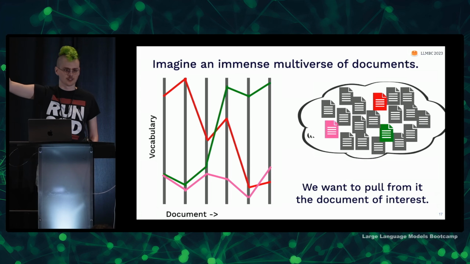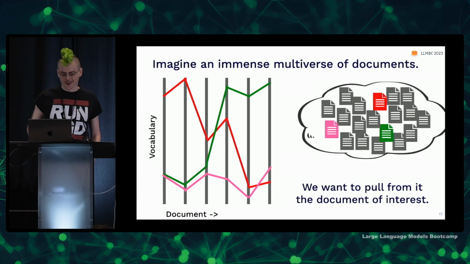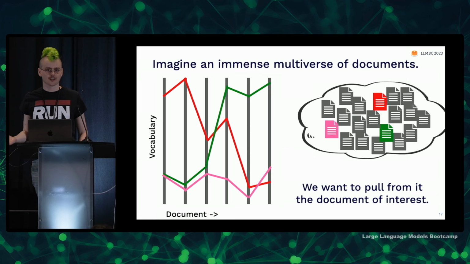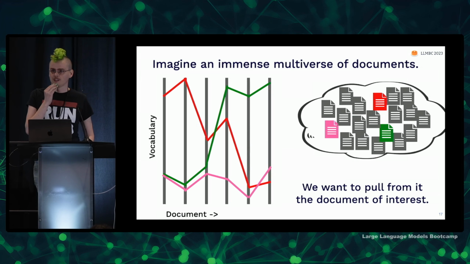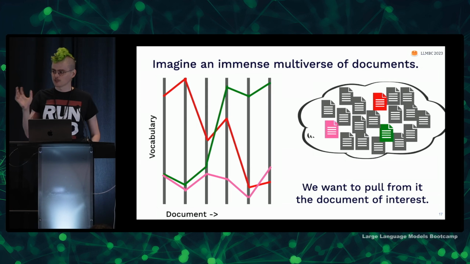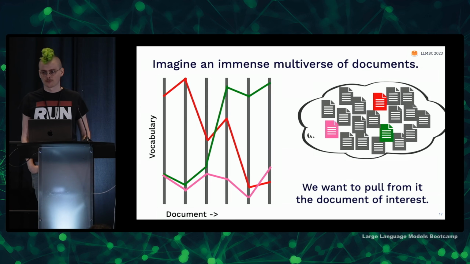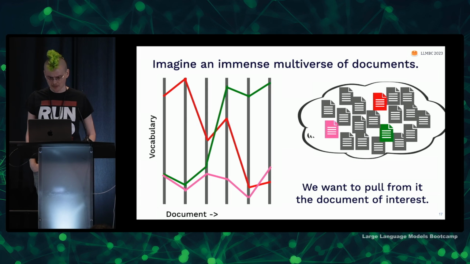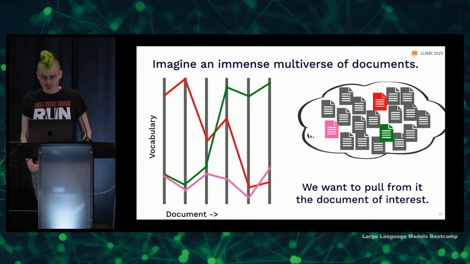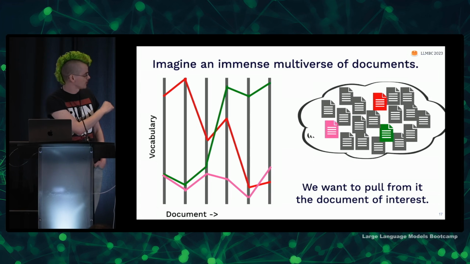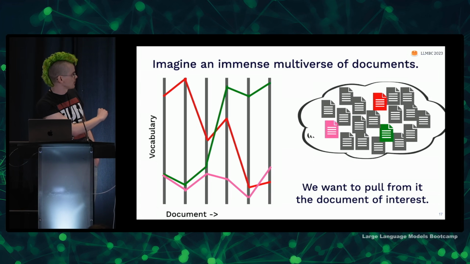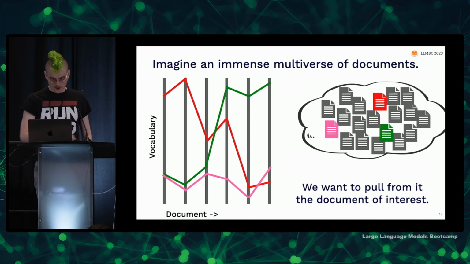And there are lots of documents out there, maybe too many of them, for the full length of a transformer's context. With GPT-4, it's 32,000 by 50,000 roughly. So hundreds of millions of documents, maybe a billion documents, are possible. And there are certain documents we're interested in that we want to pull out. I've highlighted a couple of them to show this. There's a pink document that corresponds to picking specific words in our vocabulary, where it crosses those gray lines.